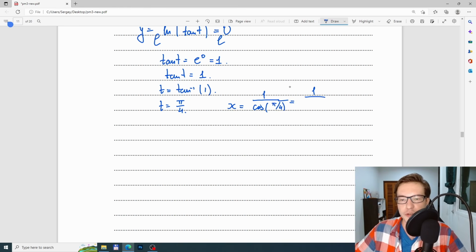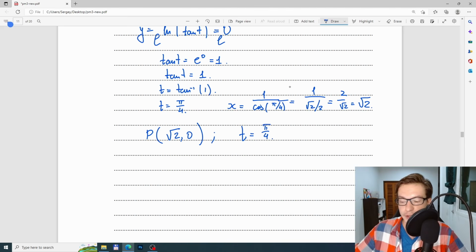So it's 1 over square root of 2 over 2. And that gives us 2 over square root of 2, which is just the square root of 2. So now we have the x and y coordinates of the point, which is square root of 2 and 0. And we also know that for this point, the value of t is pi